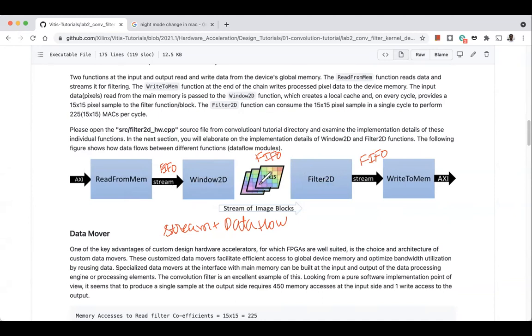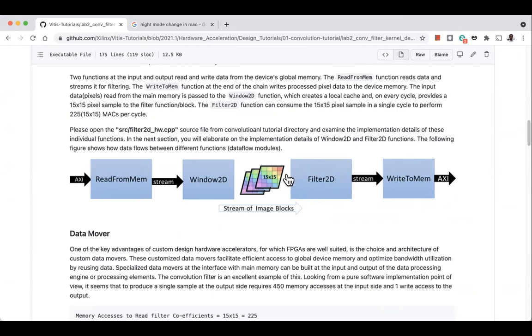For example, filter 2D looks at the input FIFO, and if the input FIFO is empty for whatever reason, then the filter 2D module will stall. But once it finds an input window in its FIFO, it reads that, dequeues it from the FIFO, applies the filter operation, and then enqueues it to the output FIFO. Especially when you are working with image processing applications, this is quite common.